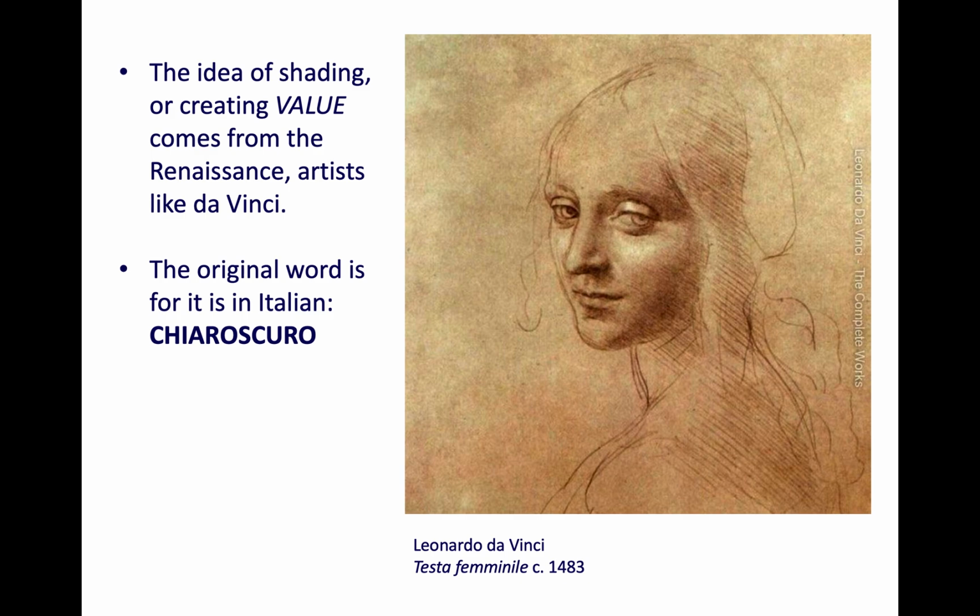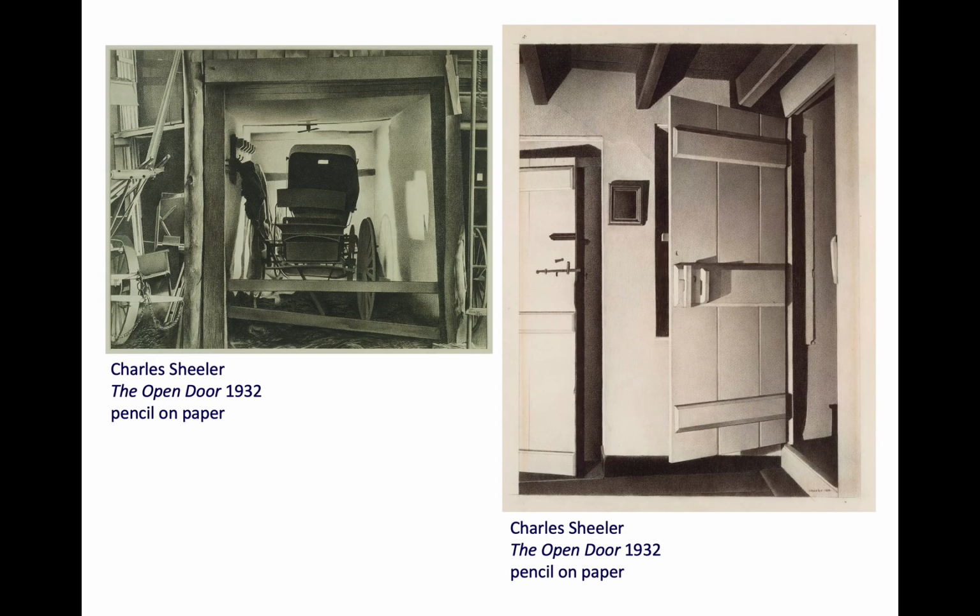So in the Renaissance, artists wanted to figure out how to make their drawings more lifelike. So they came up with this technique that we call shading sometimes, but it's really about adding value to a drawing to bring it to life. And Da Vinci is one of the first ones to do that. In Italian, we call it chiaroscuro. So here's another artist that is doing it,